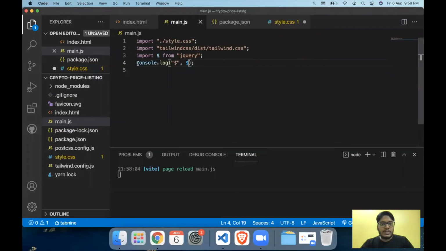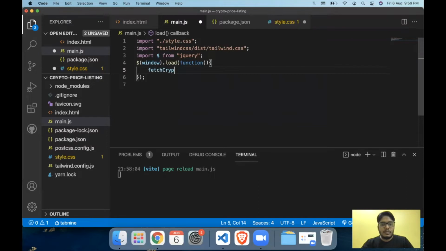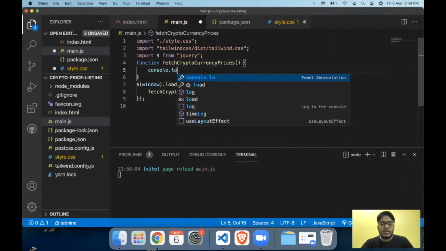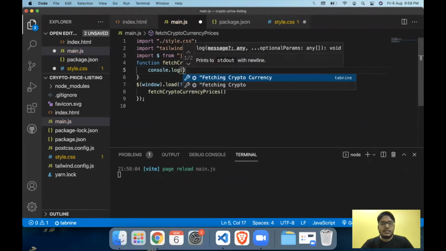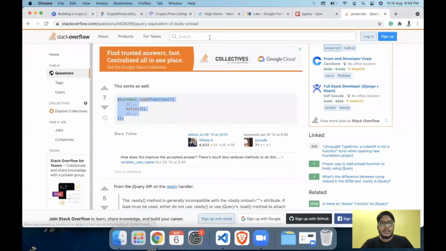So let's copy this and add it here. So we are going with the window.load function, and the function which we need to write here is currencyPrices. Now next we need to define this function. So let's define the function as well. Let's just add a console.log so that we know that this works. So let's add a log, hit save, come back to our console,